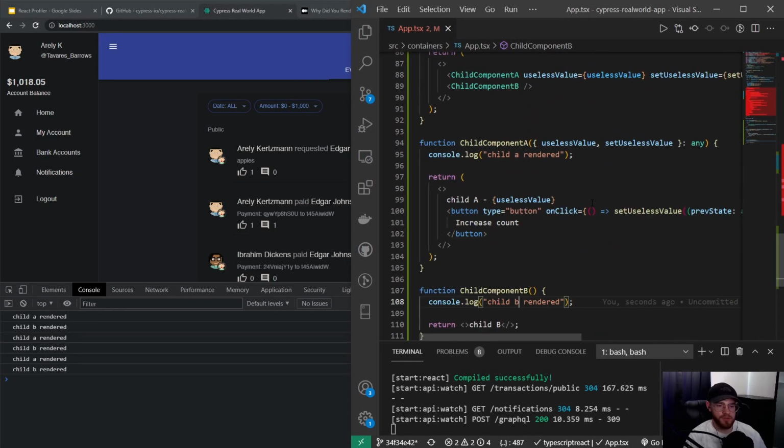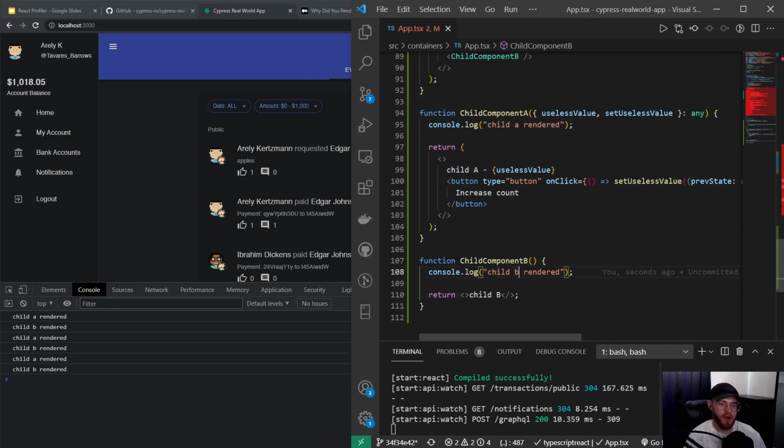And you can ask yourself, why do we even want child component B to be rendered if nothing changed? It doesn't even receive any props. It just displays child B. So why should it even re-render? That's a good question, and there are cases where this could lead to performance problems. In those cases, you can use React.memo,